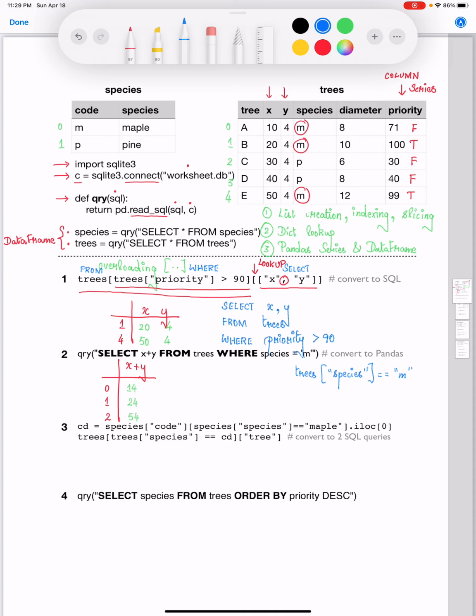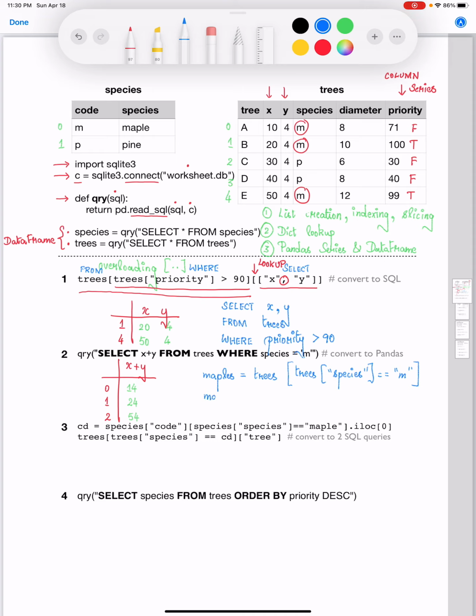What are we going to do with this particular Boolean expression? We are going to use it for Boolean indexing. I can say trees of that particular Boolean expression by using square brackets to surround the Boolean expression. Recall that Boolean indexing enables us to retrieve a subset of the original data frame, which is trees, where you get the rows which match with the corresponding Boolean expression. Those are going to be maple rows in this particular example. So let me capture the subset data frame into a variable called maples.